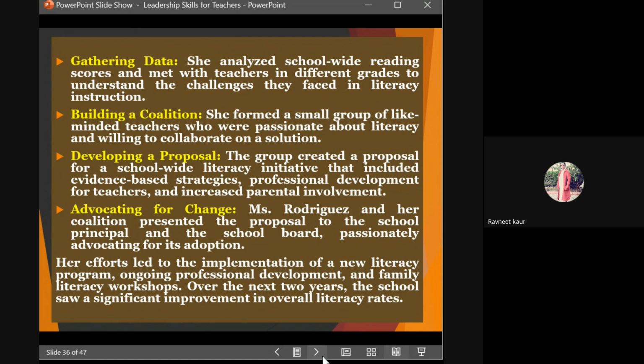Third, she came up with a proposal. She, along with the group, came up with a proposal about implementing a school-wide literacy initiative that included evidence-based strategies, professional development for teachers, and increased parental involvement. Finally, advocating for change, Miss Rodriguez and her coalition presented the proposal to the principal and the school board, passionately advocating for its adoption. The result was that her efforts led to the implementation of a new literacy program, ongoing professional development, and